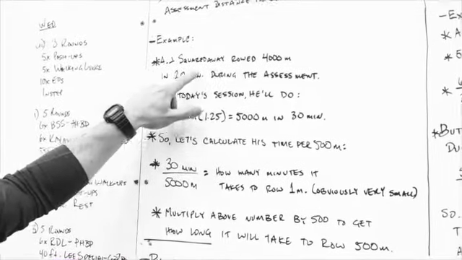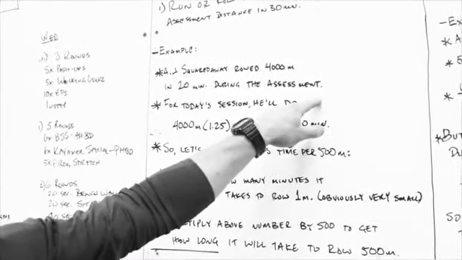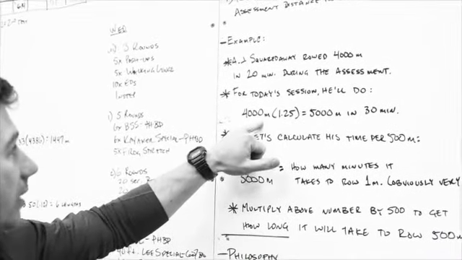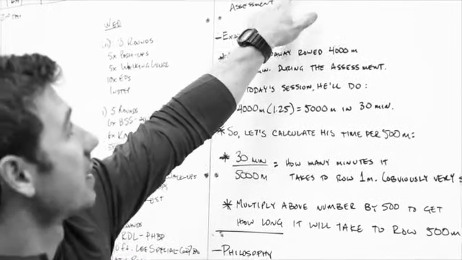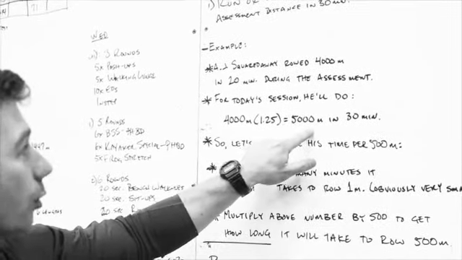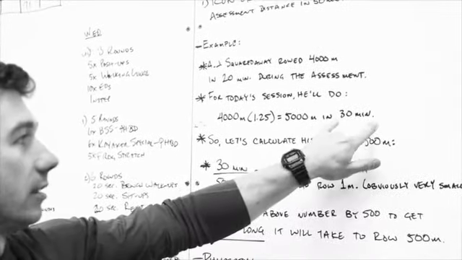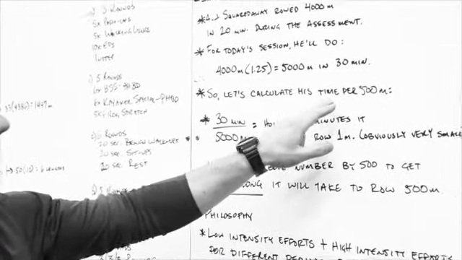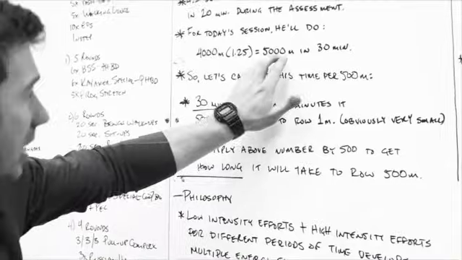Let's say AJ Squared Away rowed 4,000 meters in 20 minutes during the assessment, which means that for today's session he's going to do 4,000 meters times 1.25, just like it says here, and that equals 5,000 meters. So AJ has to do 5,000 meters in 30 minutes. So let's calculate his time per 500 meters, because we know how much he has to row